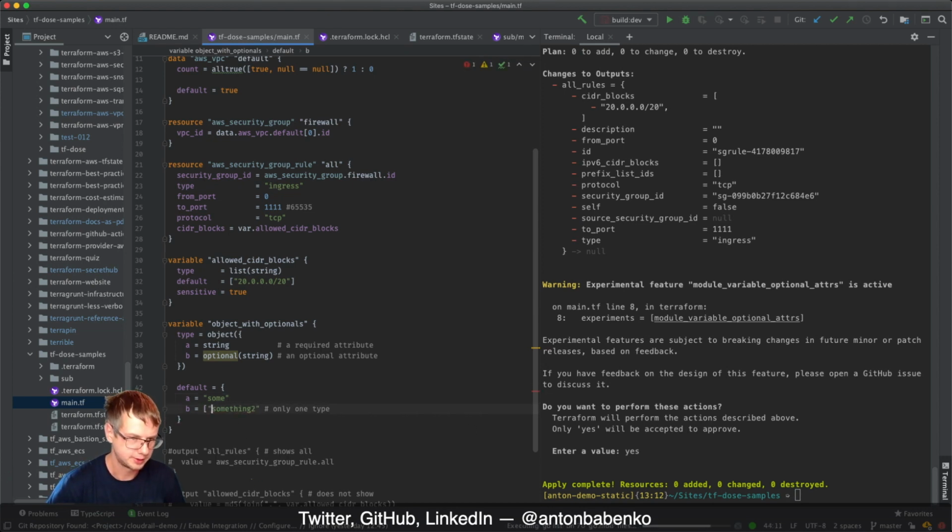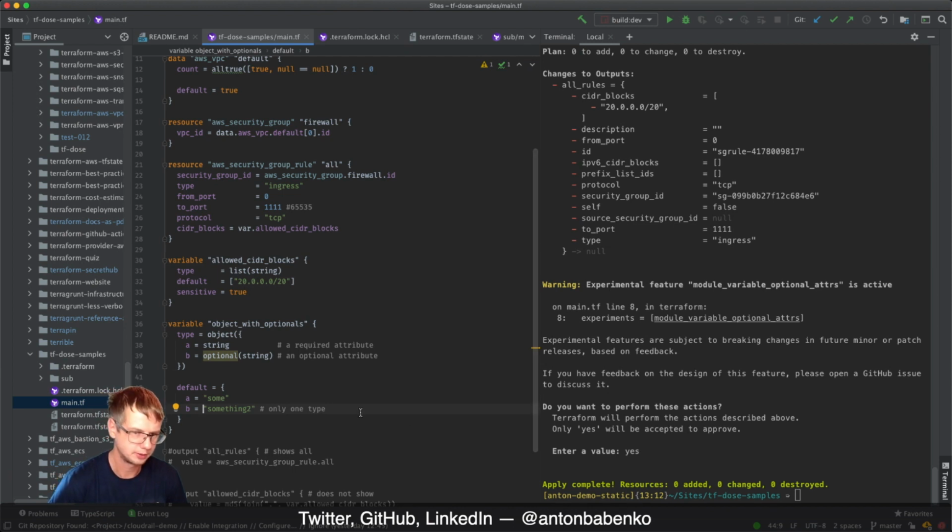What I still cannot specify here is that I want this value to be string if it is specified, or anything if it is not specified. So something like this, for example, I would like to write. There is no way to do this still, so if I write this code, it will not work because this is not string, it's list of string. Okay, so that was pretty much it about this release,